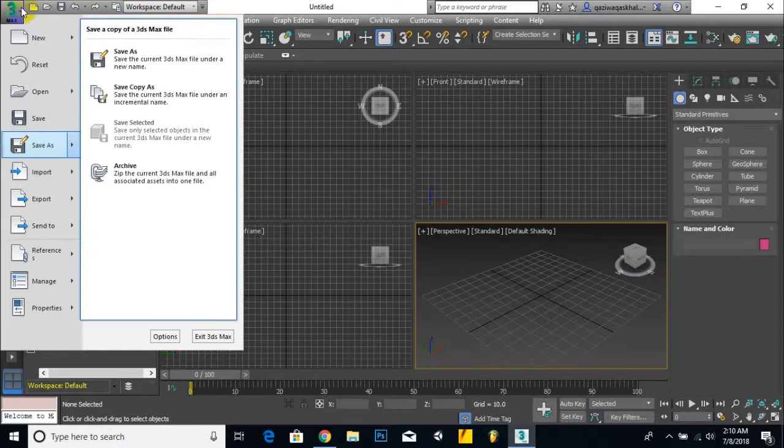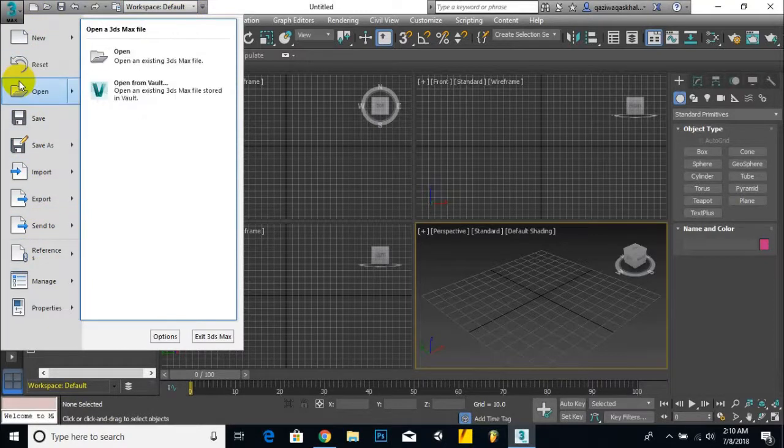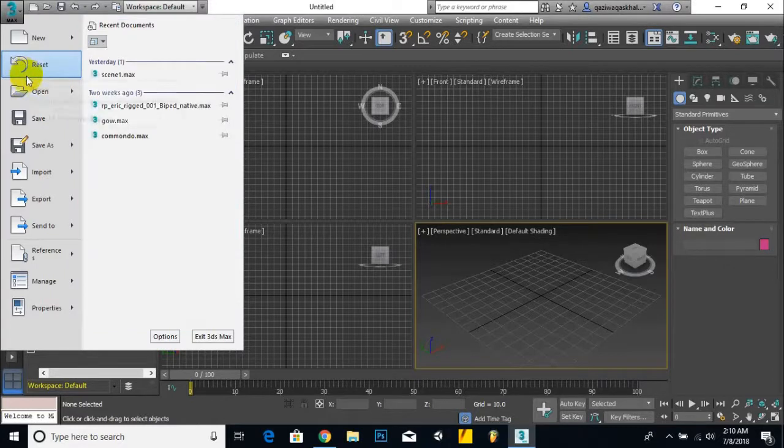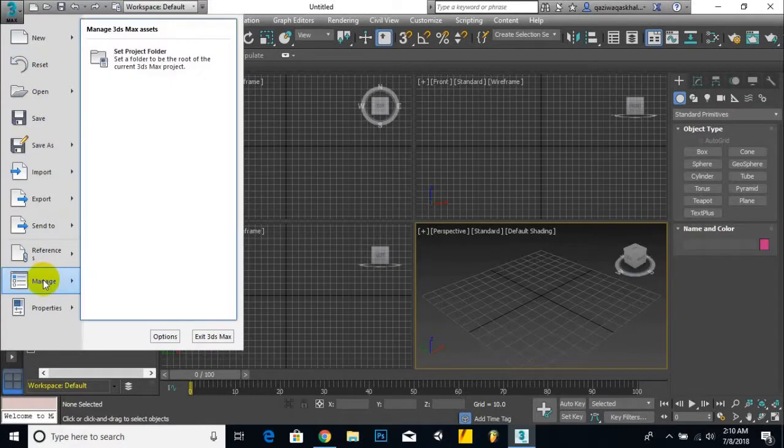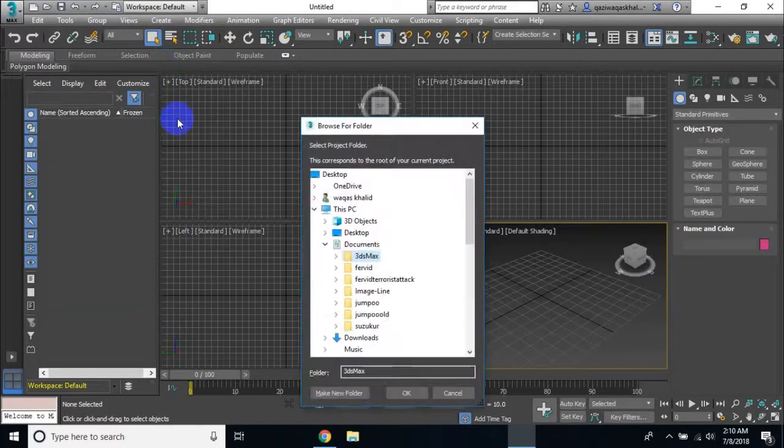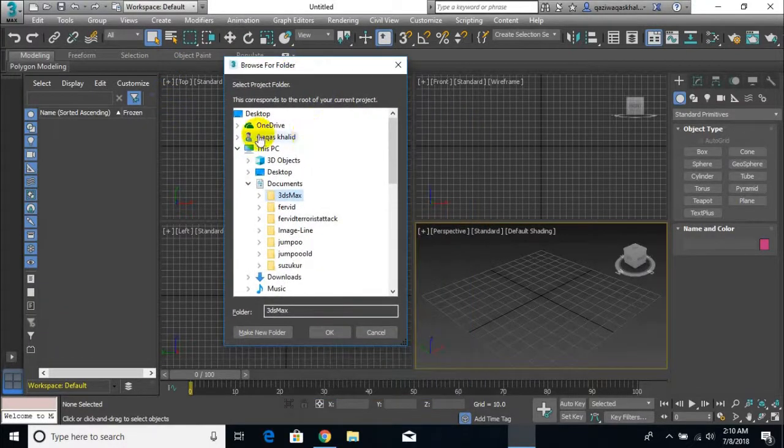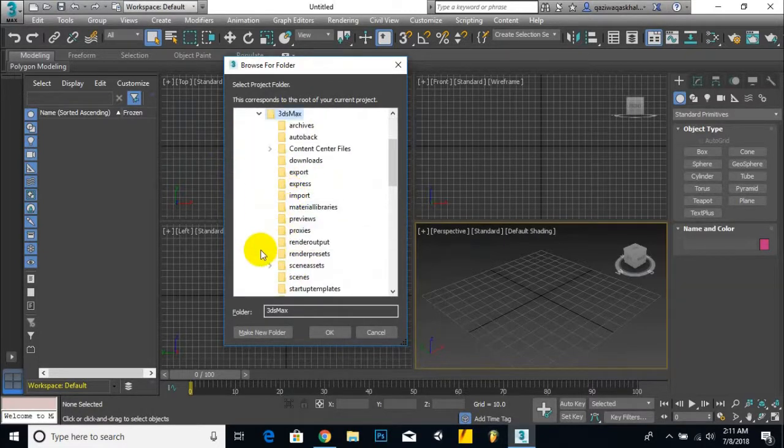So this is a very important section of 3ds Max, and in this section the most important thing is this manage menu, where you can manage your project. So this is a very useful technique. If we click on set project folder, we will be directed to our folder where 3ds Max is. Here in my case you can see we are in the documents section and then 3ds Max. So in 3ds Max, if you open